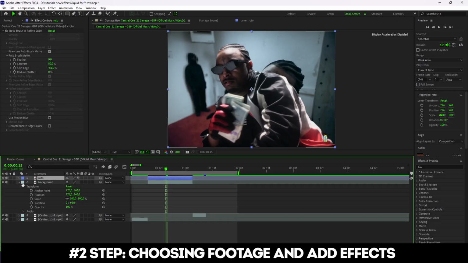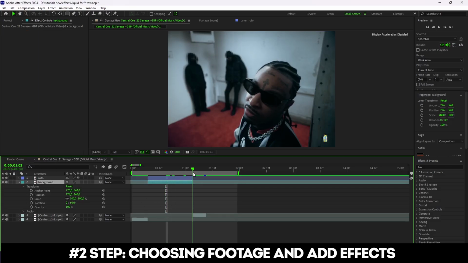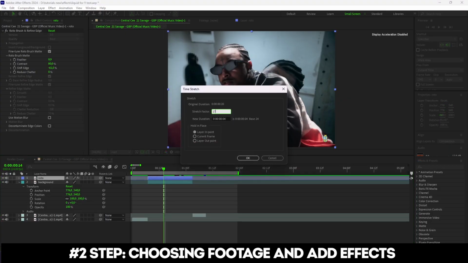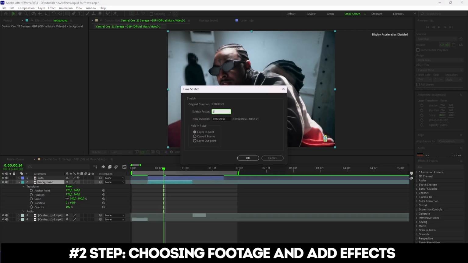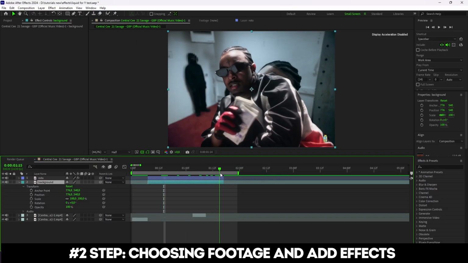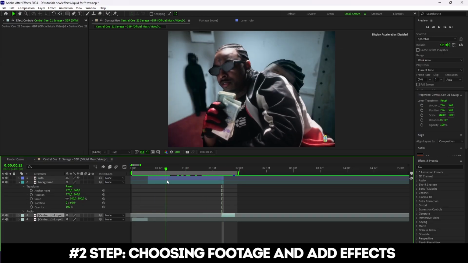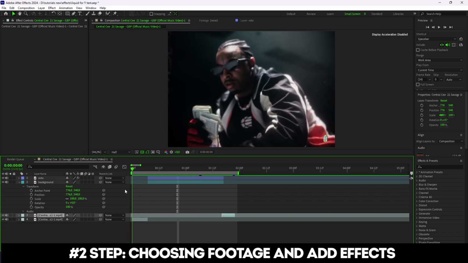Let's also color label these two clips differently. Even though this all works as a single transition, we are gonna be handling each clip separately later on, so it just makes things way easier. I'm also gonna slow both clips down a little. For this transition, I highly recommend keeping each clip at least 35 to 40 frames long, otherwise the result just won't look as clean or as impactful.